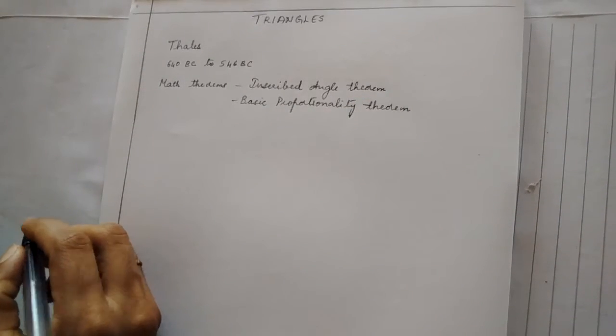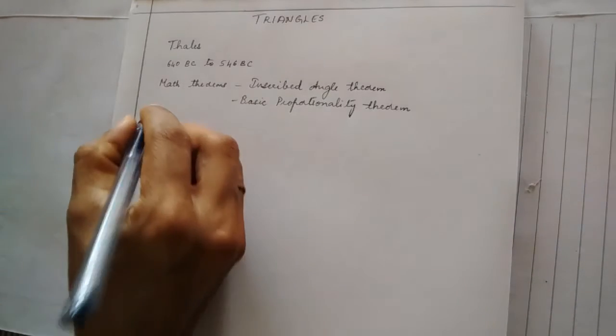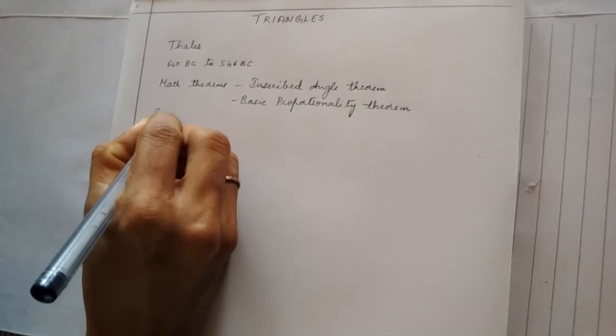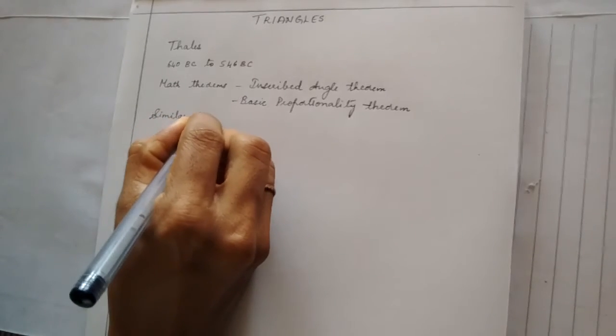In today's class, let us study the meaning of similar and congruent figures, its uses, and the conditions to check the similarity of figures under the chapter Triangles. At first, let us understand what are similar figures. Similar figures are the two geometrical figures having the same shape.